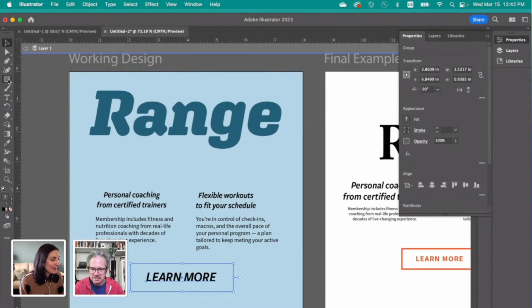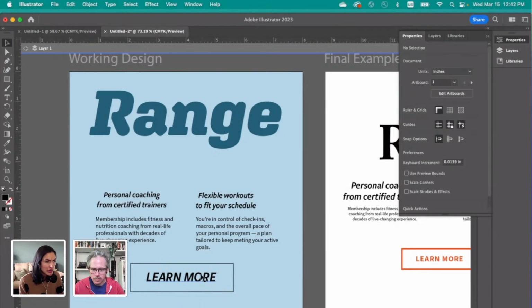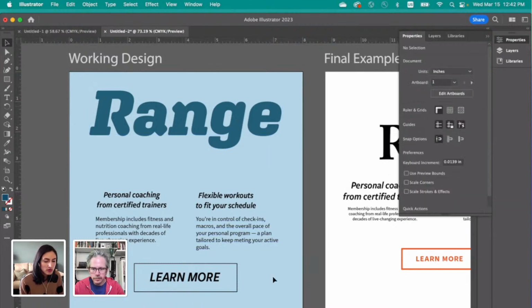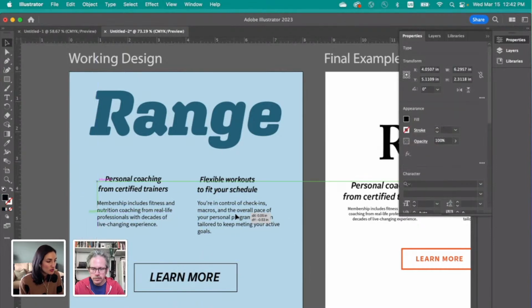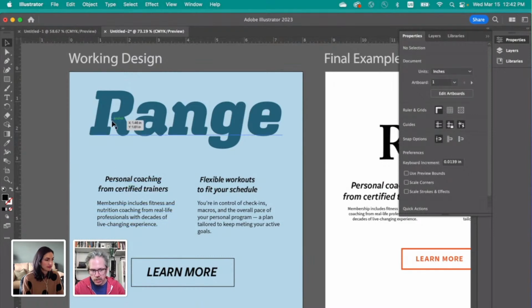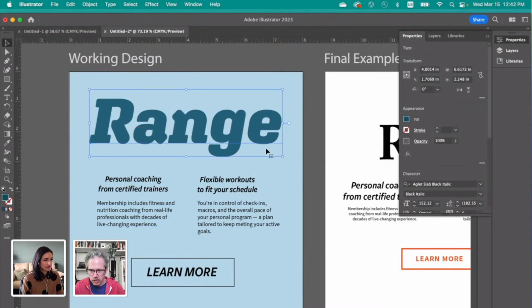Keyboard shortcuts. Yeah. So maybe the learn more rectangle should have a fill so that it's more prominent. We can do that afterwards. Maybe these titles should be the same blue that the title range is in. But those are also ways of changing the hierarchy. So before we do that, we're just trying to see how big everything needs to be now that we established this. My instinct, if this was going to be an Instagram post, would be to make this 2 separate posts and have